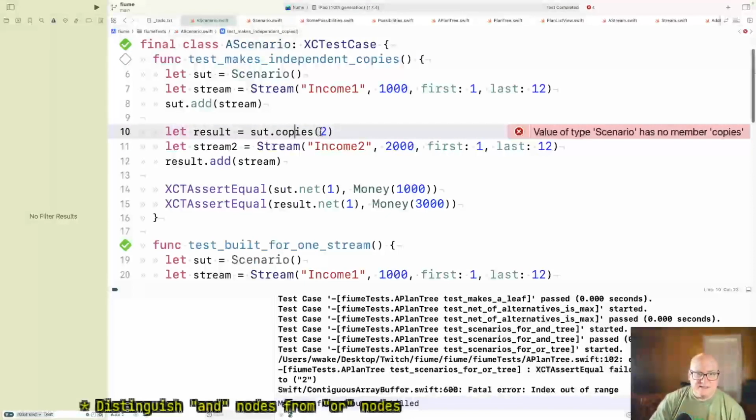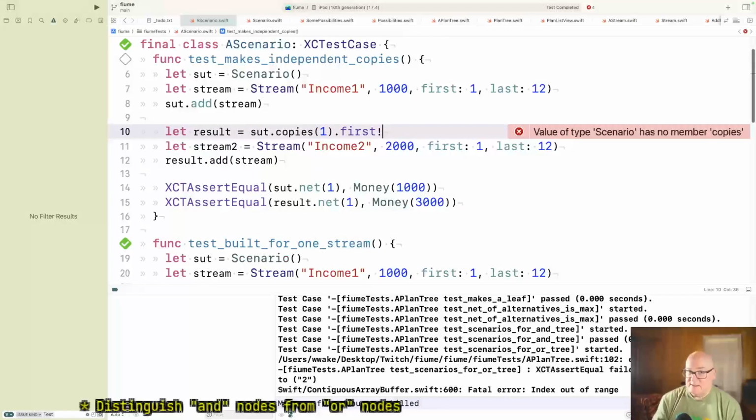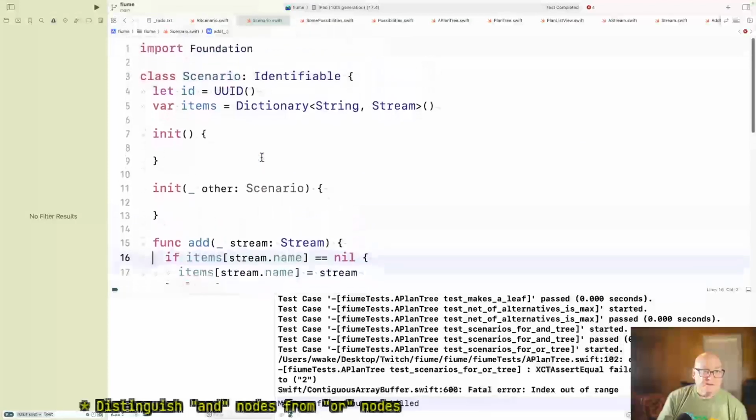All right, I'll simplify the test and make it one copy. I'm trying to get the interface I want, but the simplicity to test this. Okay, so I give you this. I say, give me a copy. You give me back copies.first. Okay, which a set has too. Because there's only one thing in it, it should only have one first, and then these two should have different things.